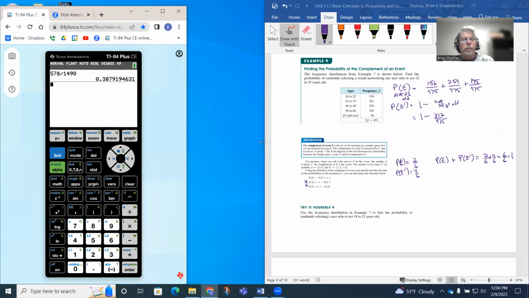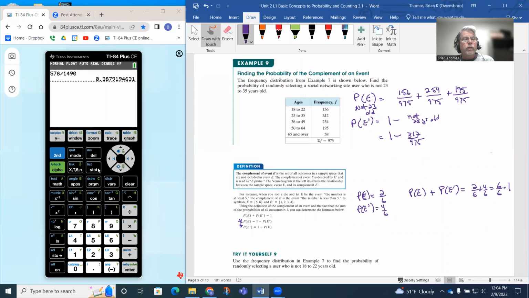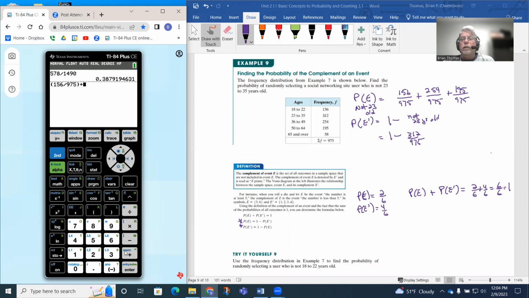I should have paused my video. So if I look at that first one, notice how I can do some parentheses here. 156 divided by 975. If I add to that the 254 divided by the 975. If I add to that the 195 divided by the 975, that would give me the probability of not being 23 to 25, because that would be